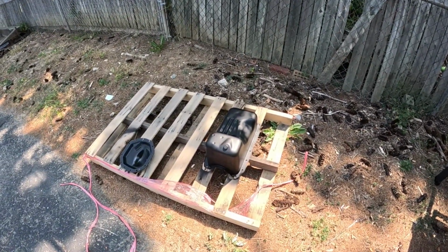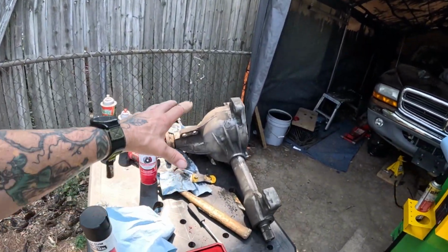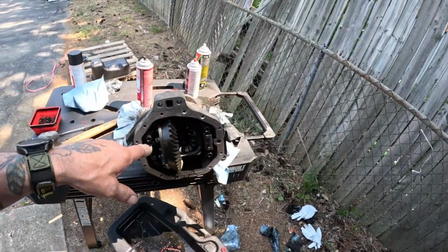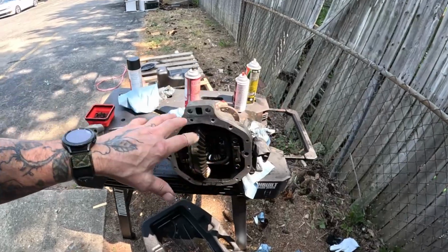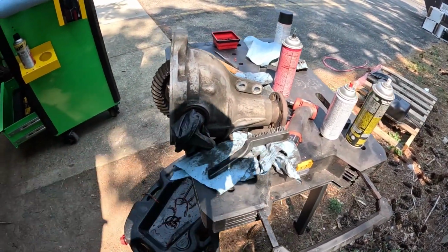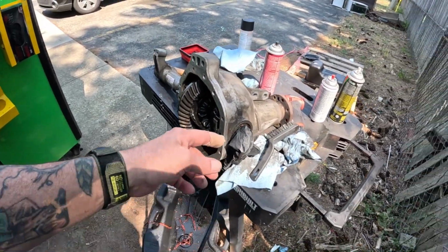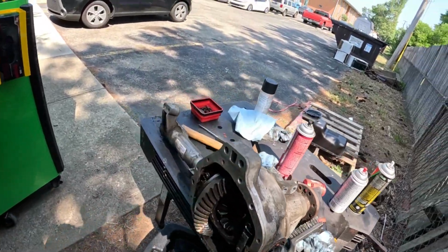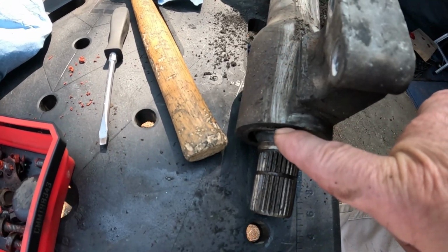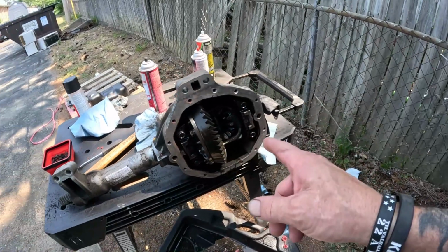It's all right. So what I'll do next is I will put the cover back on, and then I'm gonna power wash this, get all this excess grease and debris off of here, this little filthy crap, and then put new seals. Seals are pretty easy. They just kind of pop them out and put new ones in. This one down here, it's slightly bent. Looks like somebody didn't set it right. And when I cracked that seal,